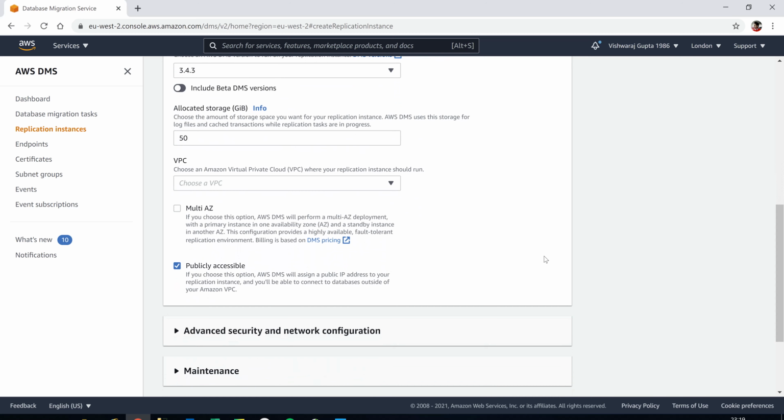Let me go to another point. VPC. VPC is virtual private cloud. Again, it depends on your AWS engineer. There will be a default one as it comes,